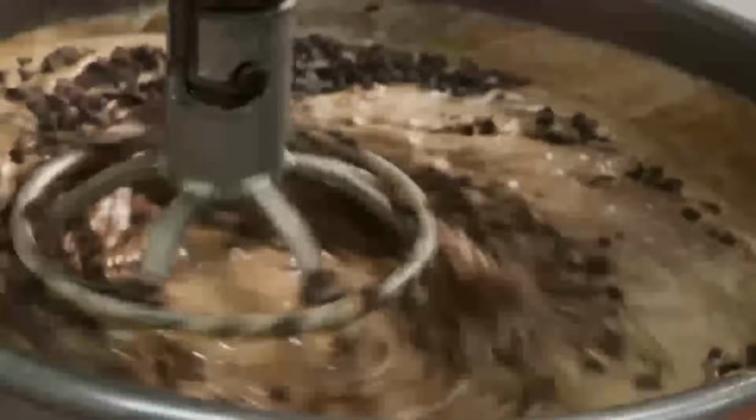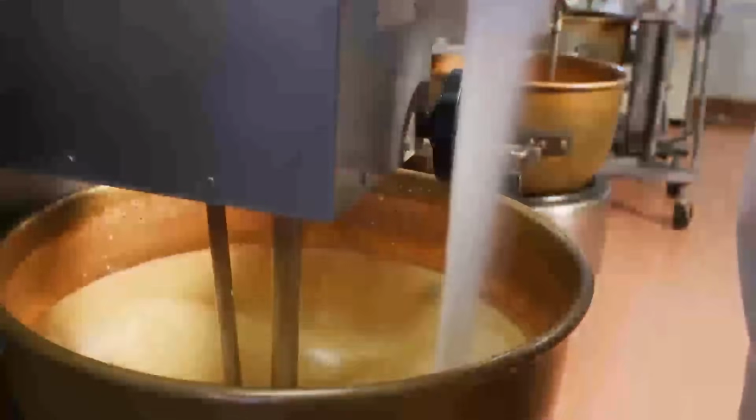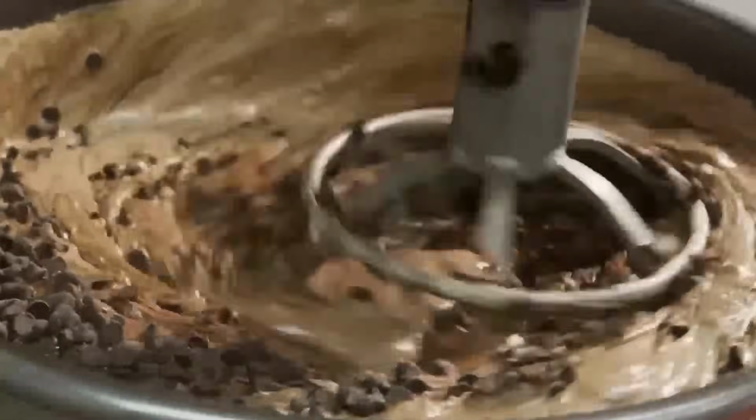The tempered chocolate is pumped into an enrobing machine, which dispenses it in a continuous curtain across the width of the conveyor belt. As the coconut and almond cores pass underneath, they are fully submerged in the falling sheet of chocolate, while a bottoming unit applies a layer of chocolate to their underside. Immediately afterward, a series of air blowers remove excess chocolate, ensuring a uniform thickness and revealing the shape of the almonds beneath. What emerges is a fully coated bar that looks and feels like the final product, but still needs time to set. That step begins as the bars enter a temperature-controlled cooling tunnel, and that's where the next phase